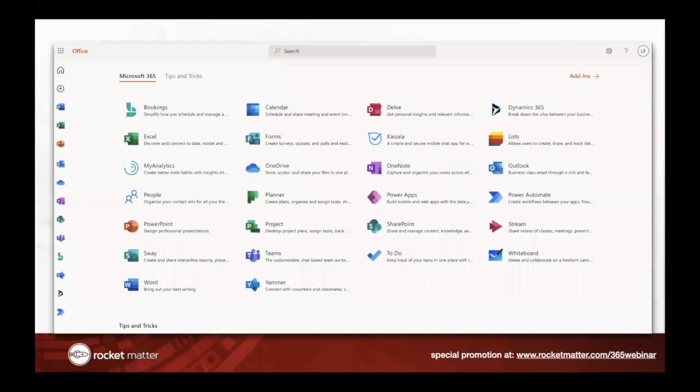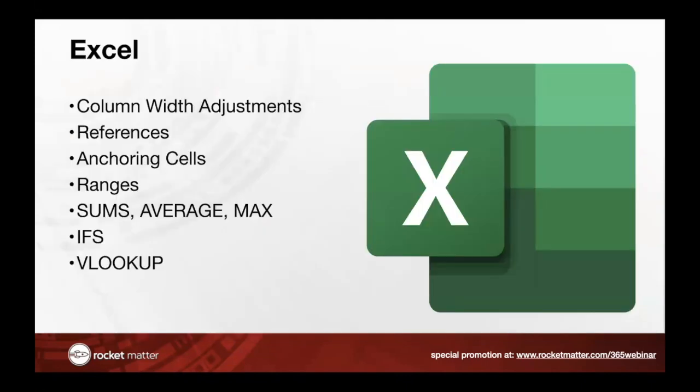Microsoft 365 also has all sorts of other things aside from Excel. So if you want Excel and you pay for Excel, you get this stuff too. There's Lists, there's to-do list applications, there's Teams, there's Project Planner. I don't know what half these things are. So I would love to know if somebody's using one of these things and finding it really useful for themselves. So let's start with the basics, okay?